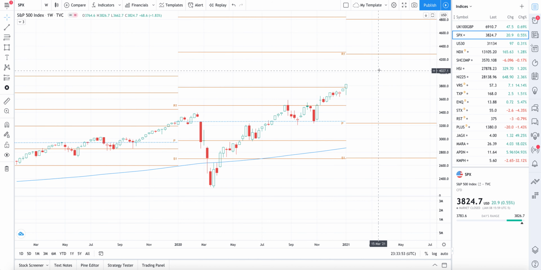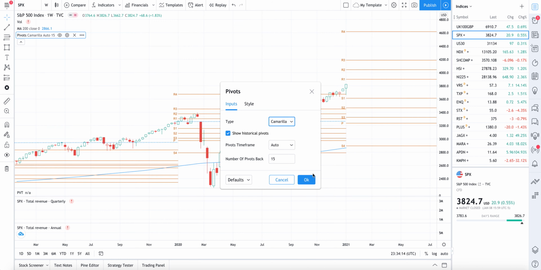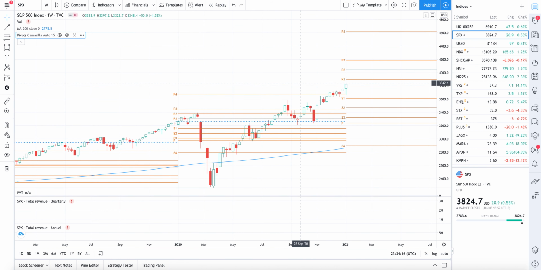And if the market continues its strength, reasonably expect the first real major resistance at 4,275, 4,200. However, I also wanted to switch over to the Camarilla pivots, so you can see some potential